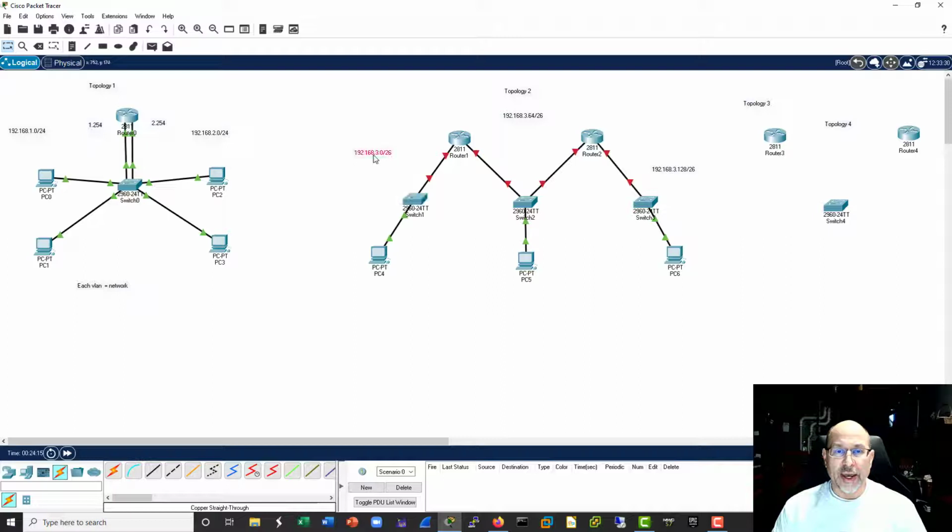So take a look at my first subnet. If we remember our subnetting problems, if I do this, that means that I'm creating 4 subnets because I stole 2 bits from the host portion. And the first set of nodes are going to have a range of 0 to 63. My next subnet will be